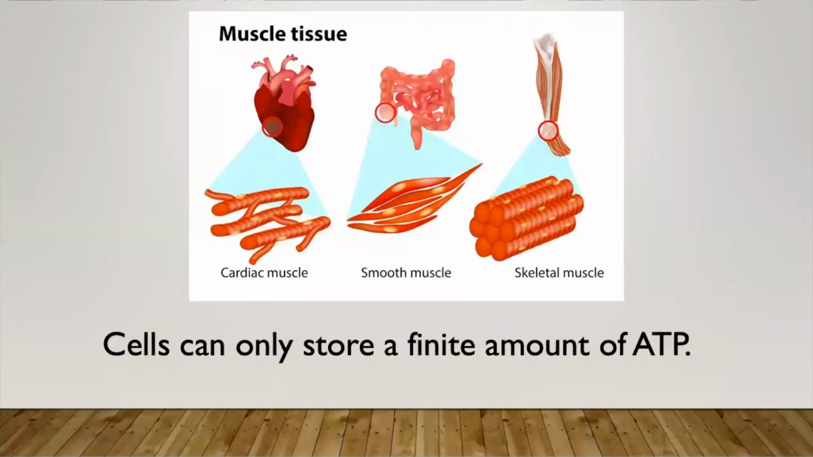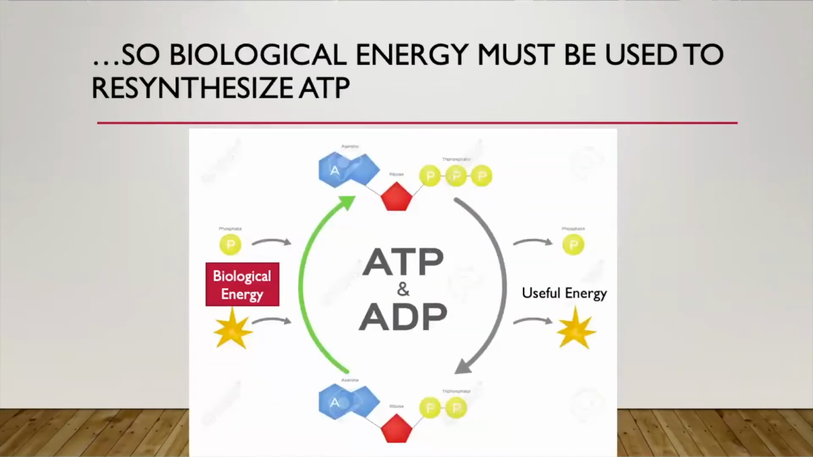This ATP is involved in all cells, all muscle cells. We're mainly talking about skeletal muscle, but nonetheless, ATP is found for all of them. And the key point here: we don't have an unlimited supply of ATP in individual cells. It's very finite, which means that we have to get some biological energy so that we can remake or resynthesize